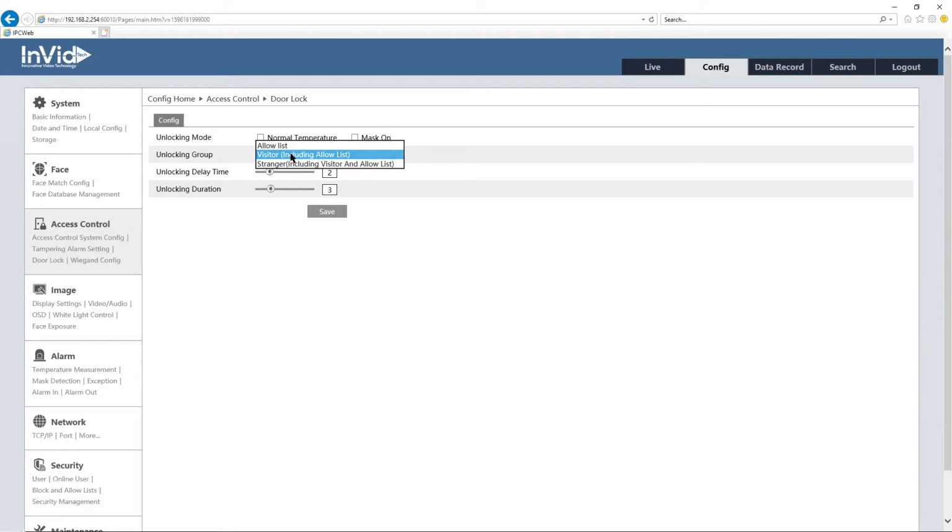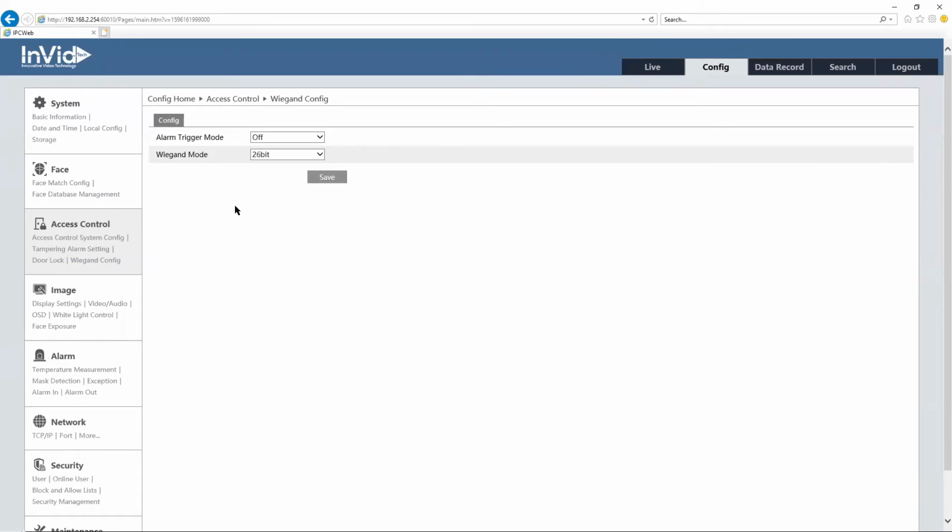Okay, your unlocking groups are for if you're using facial recognition, I'm on the allow list, and then I can pass through as well. Now, Wiegand configuration, in the newer firmware, it will support multiple formats. Currently, right now, it supports the 26 and the 34-bit, but as you can see, in the newer firmware, it will support the multitude of